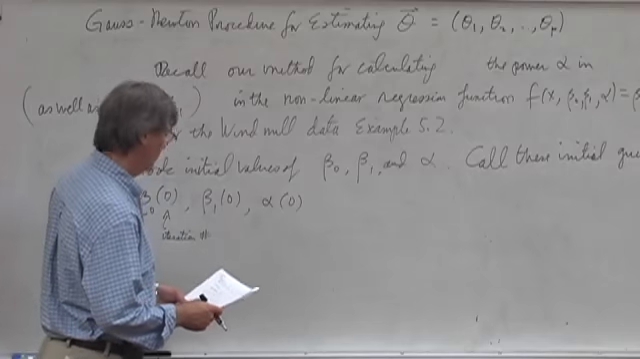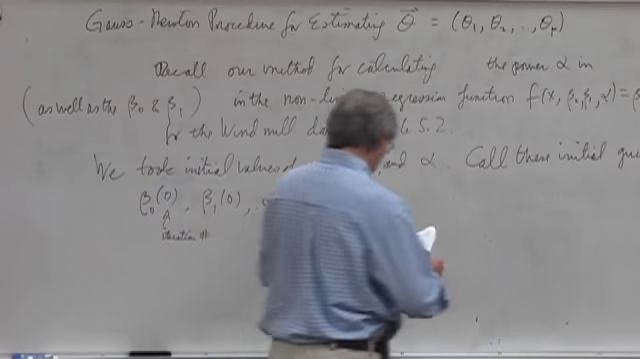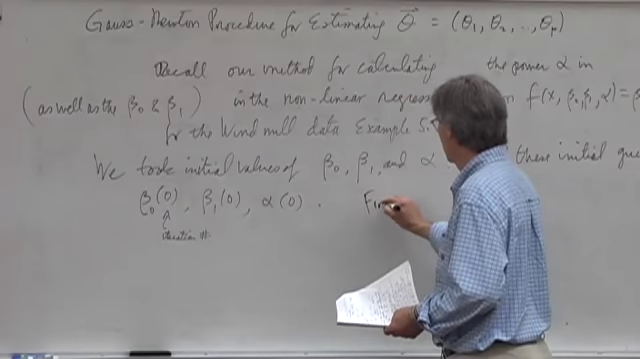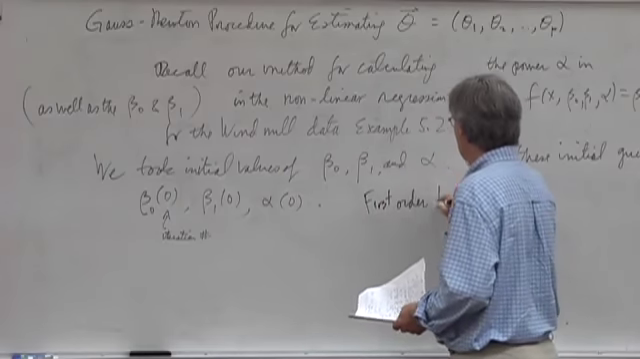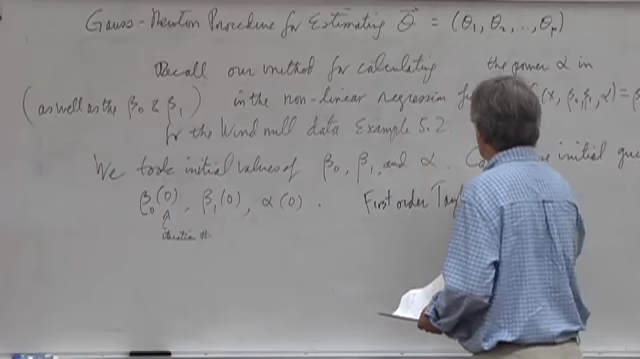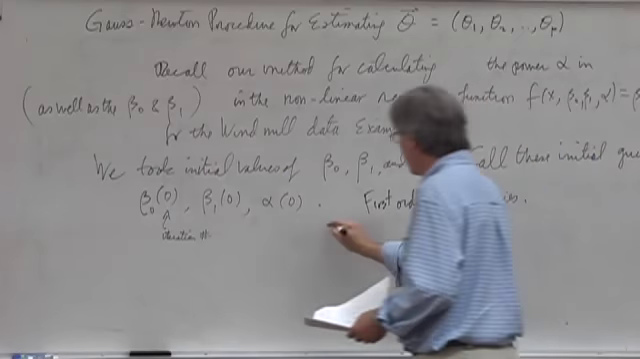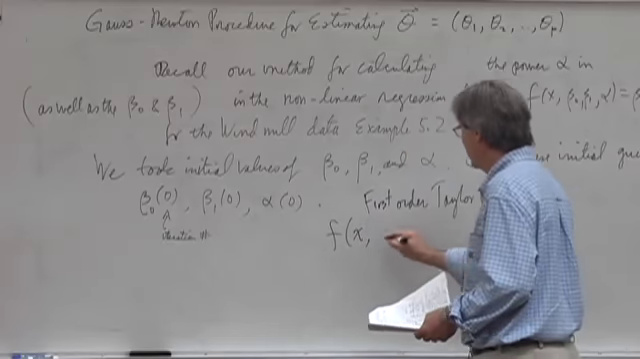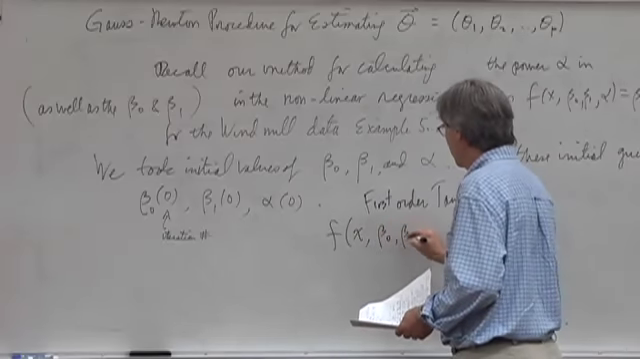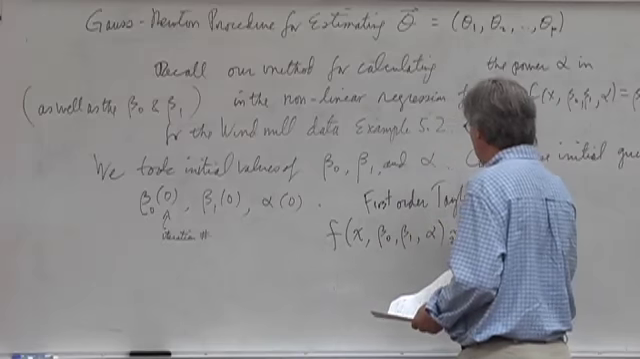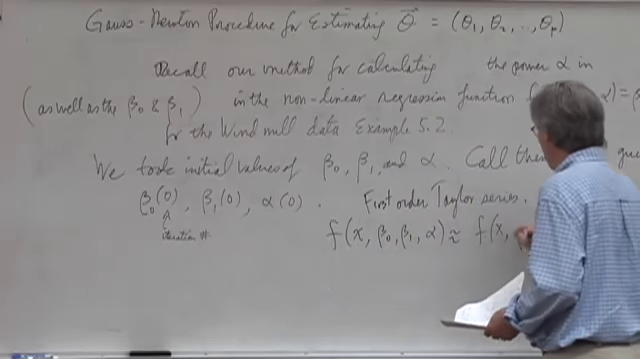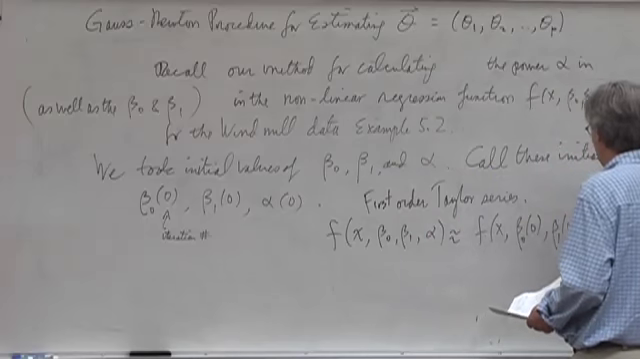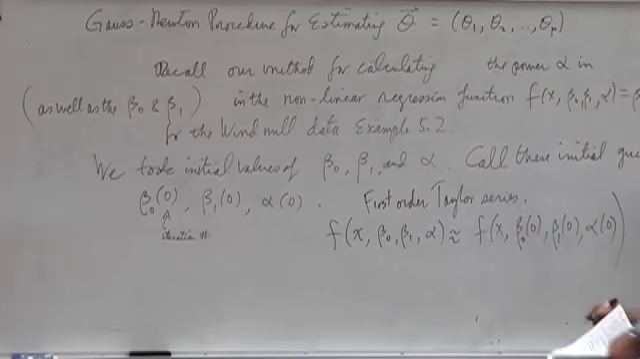Okay. So what did we do next? Then we said, okay, then I used the first order Taylor approximation. Then I said, I'm going to expand the function. I'm going to think of x now as a fixed parameter. I'm going to expand the function in terms of the parameters. This is approximately equal to f of x at beta 0 initial value, beta 1 initial value, alpha initial value, okay, plus